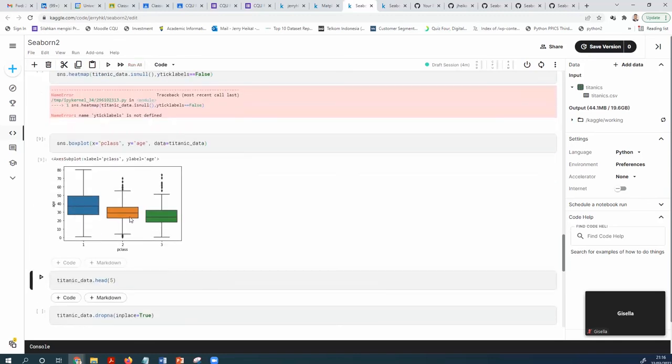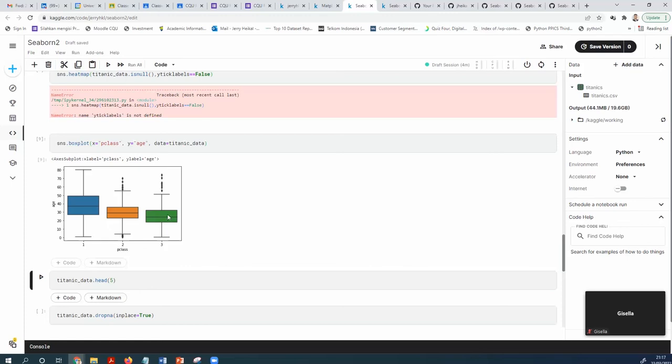Now this is the box plot on the passenger class 1, 2, and 3, using the ages. The ages in passenger class 1 range from 30 to 50, in passenger class 2 from 20 to 35, and passenger class 3 from 20 to 30.